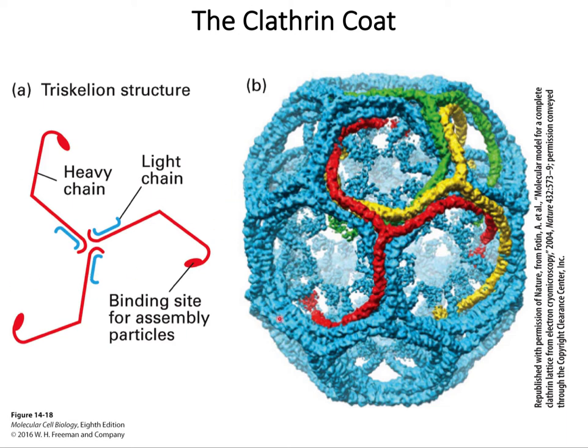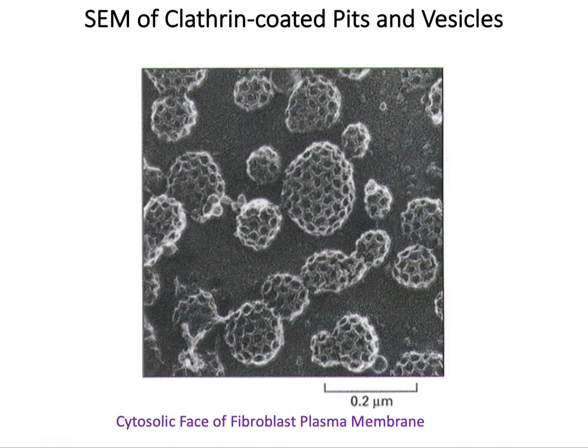Here the large blue ball is the vesicle, and there are 3 triskelions which are colored red, yellow, and green, and others in blue around the vesicle. It almost looks like a cage around the vesicle, which is lined by the phospholipid bilayer or the endomembrane. So just to give you an idea of how regular these shapes are, here's a scanning EM of clathrin-coated pits